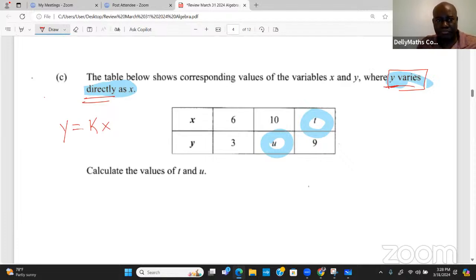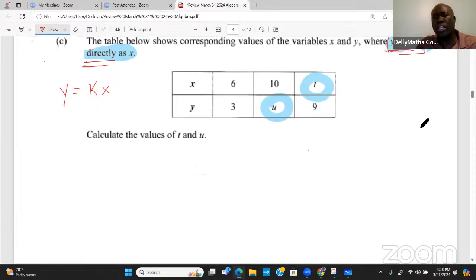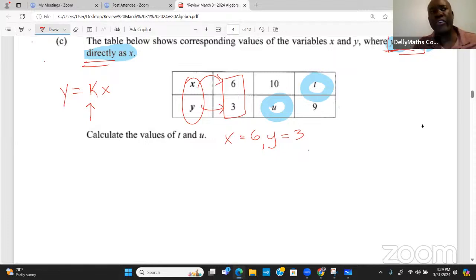So y varies. Now that we have that, what we want to do is find t and u, but you need a value for k, your constant. So what we're going to do is take something that already occurred. For example, when x was 6, y was equal to 3. This is what is going on here. We will be given a situation that works every time, so you're going to have the two variables already, and then you're going to use that to find a value